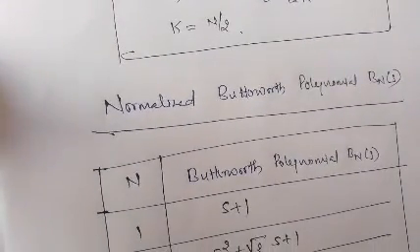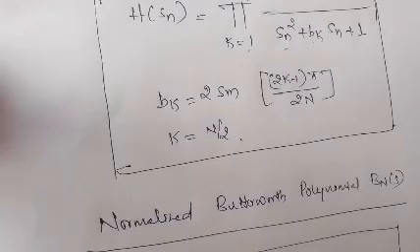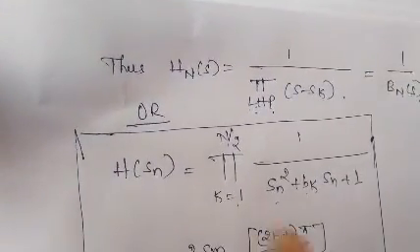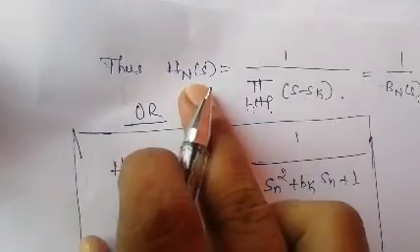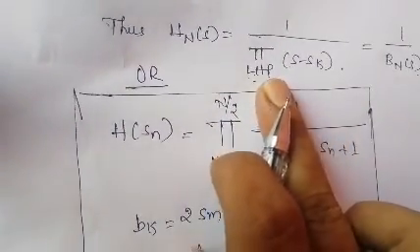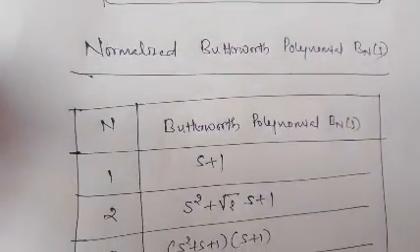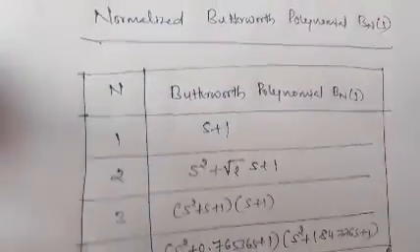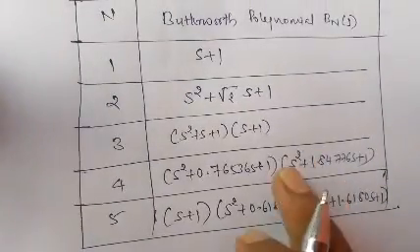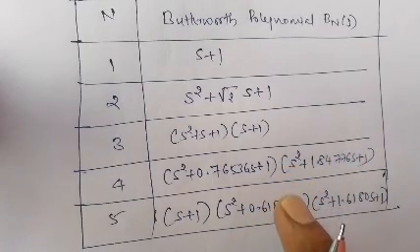Next is the calculation of the Butterworth filter, the Butterworth polynomial. As we discussed in the earlier video, this equation is used for finding the Butterworth polynomial H_n(s), and we are only considering the left side poles. The value of k is already given. It is easy to remember this table, because if you remember it while solving the numericals, it becomes very easy to solve and get the answer within a short time.